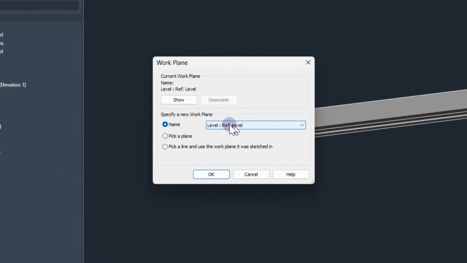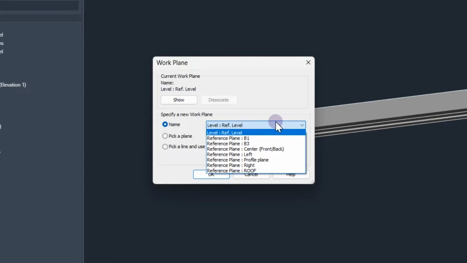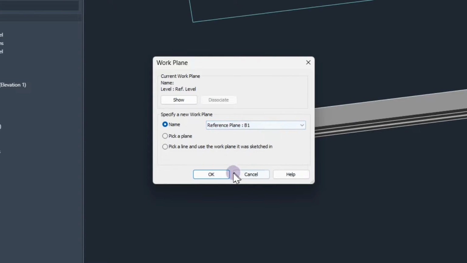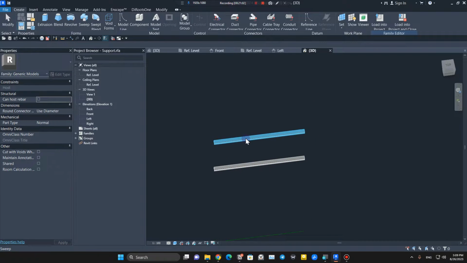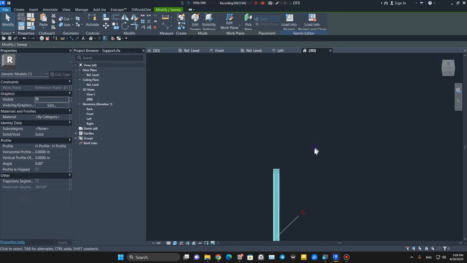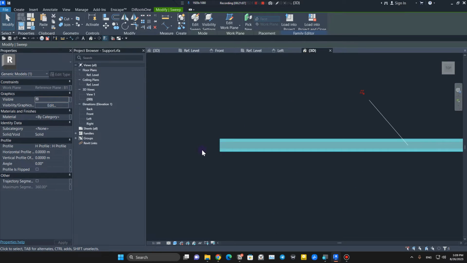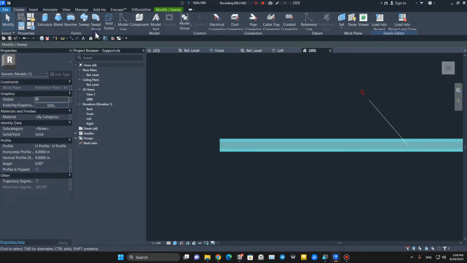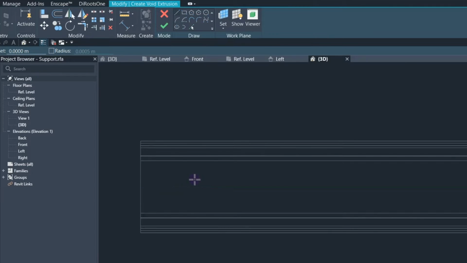Set work plane. You can select the reference planes too. Let's select the B1, which is the upper one, and let's go to the top part. I want to use a void extrusion. Let's create a void extrusion. Let's put it on wireframe and let's create a,